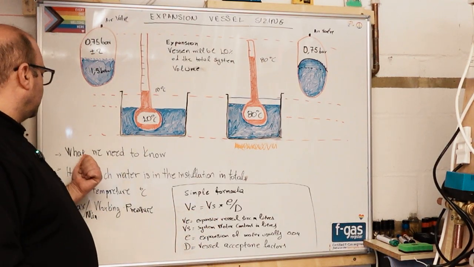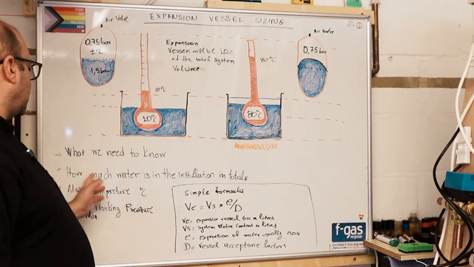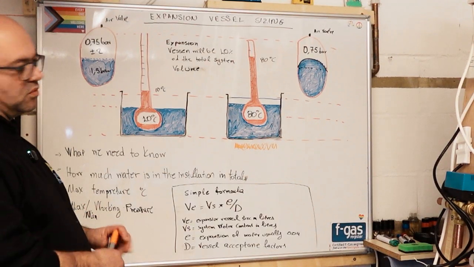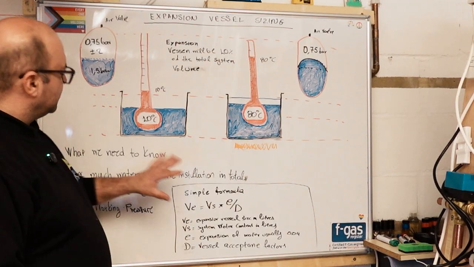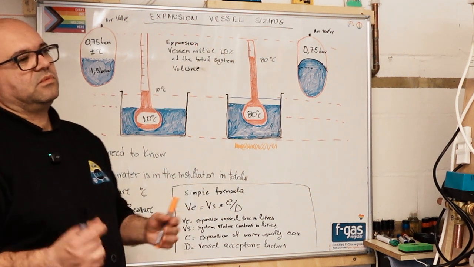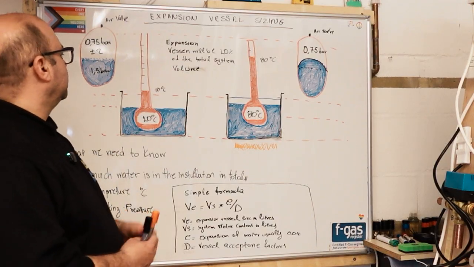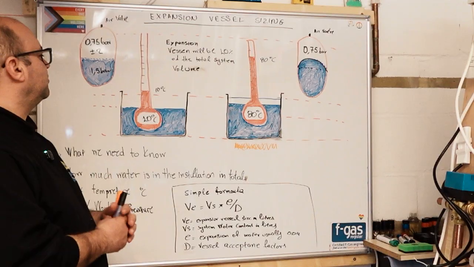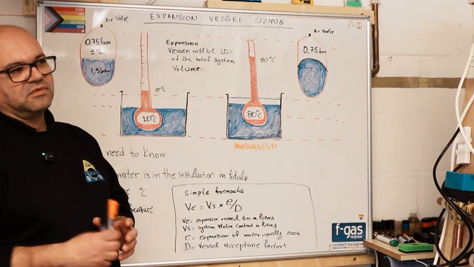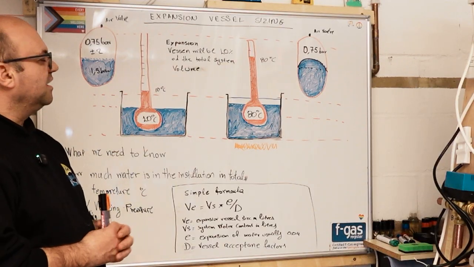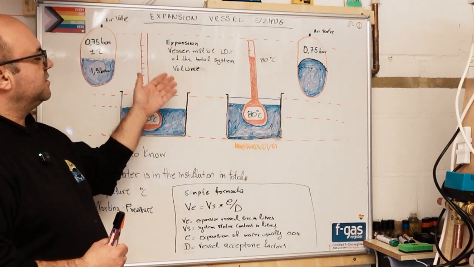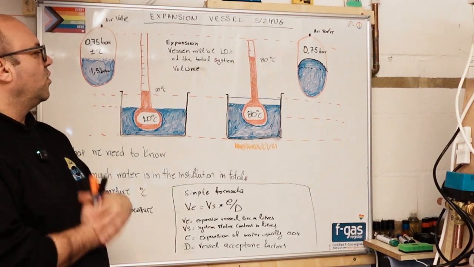What we need to know is how much water we have in the installation, what's the maximum temperature, and what's the maximum and minimum working pressure. According to these factors, this is the rule of thumb you have to remember. Let's say if we go to unvented hot water cylinders, we have 150 liters, we need roughly about a 15 liter expansion vessel. On the market I don't think there is a 15 liter, but you can use, for example, 16 liters, 18 liters, 24 liters,